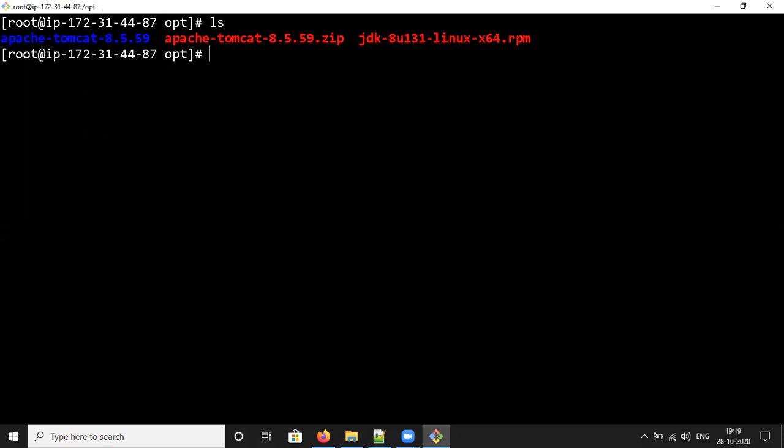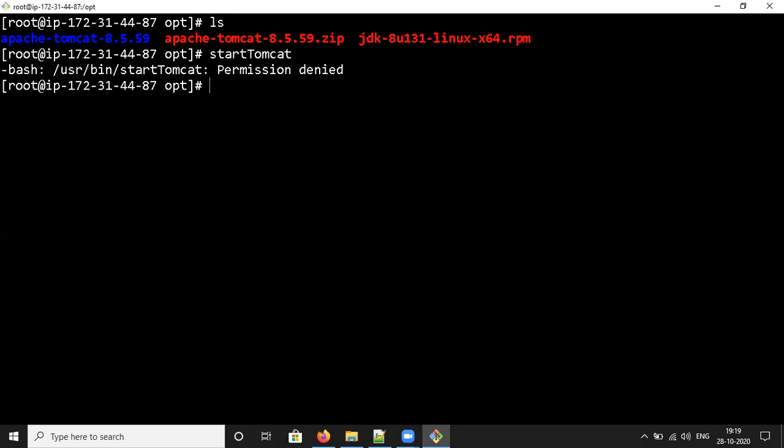Clear it. See, there is only the Apache extracted file, the zipped file, and the JDK. There is no bin directory here. Even though the bin directory is not there, I will start Tomcat using startTomcat. It needs permission. For that, you need to change the permission using the chmod command.